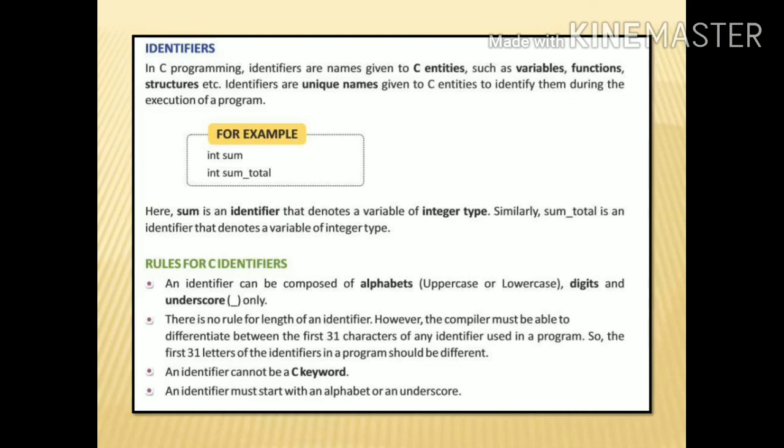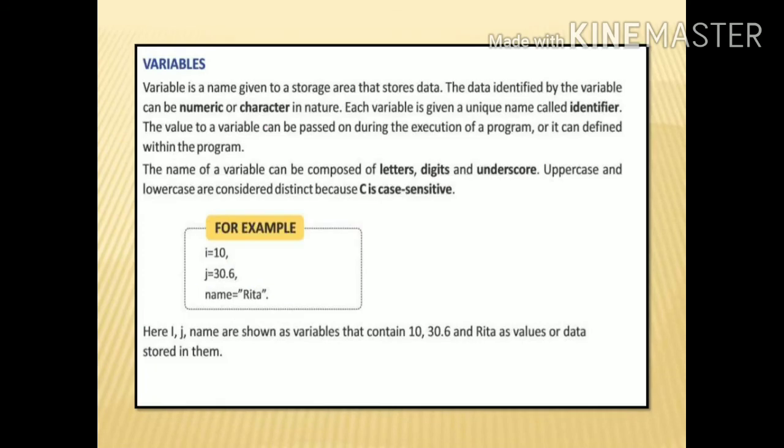Whatever names you give to variables are identifiers. So int sum_total declares a variable of integer type. Here sum is an identifier that denotes a variable of integer type. Similarly, sum_total is an identifier that denotes a variable of integer type. The next example, children, is the variable. A variable is a name given to a storage area that stores data. The variable name itself